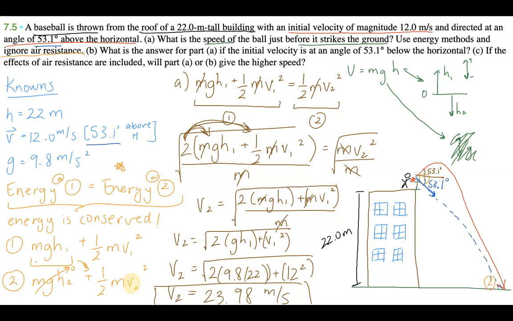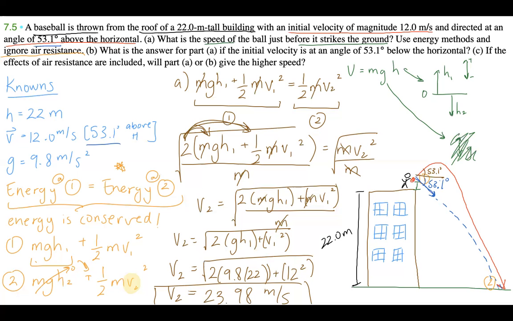And so that means that if we don't need it for part A, then we don't need it for part B, then aren't those both the same answer? And the answer is yes. They are exactly the same answer. It doesn't matter if it is above the horizontal or below the horizontal. When there is no air resistance, they are going to have the same final speed,